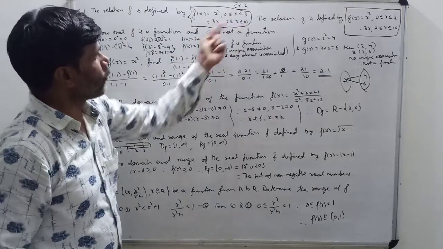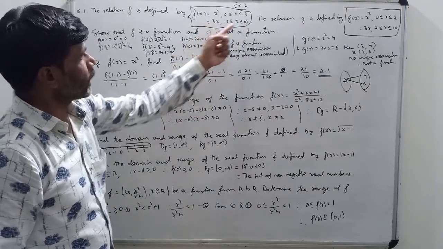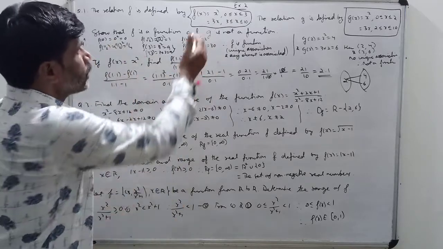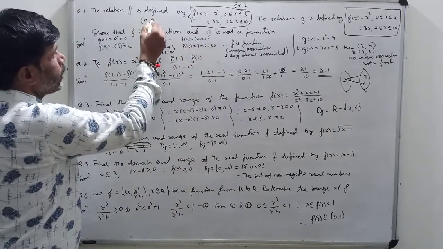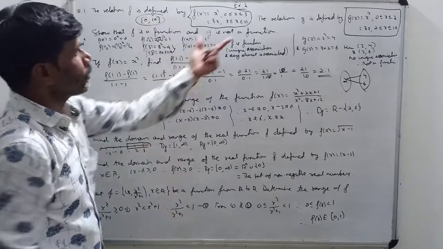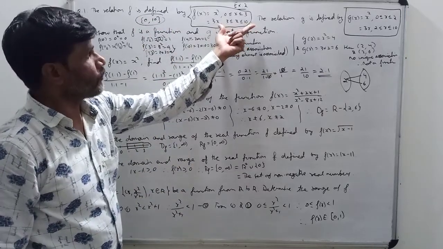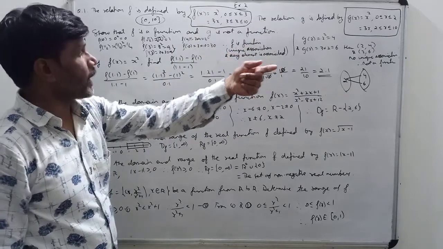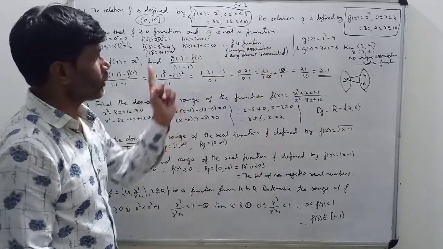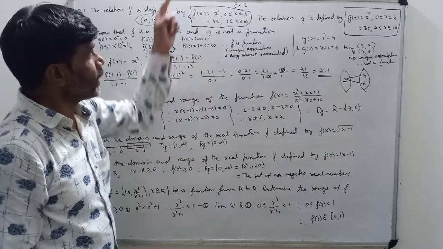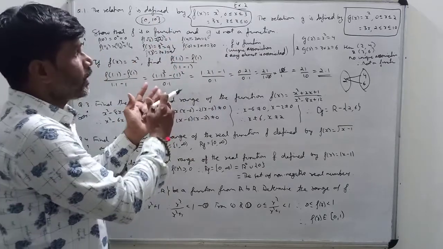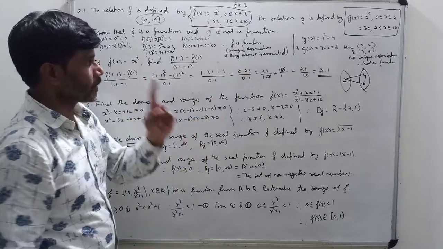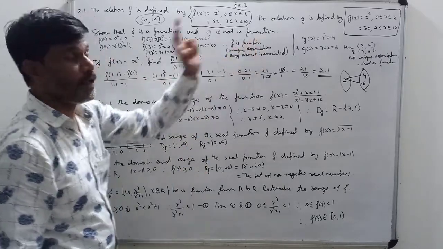Okay, then f of 4 you will get 3 into 4, 12; f of 10 you will get 3 into 10, 30. So for every value between 0 to 10, which is the domain of function f, you will get a unique value in the codomain and hence it is a function. There will be a unique association, and for every real number between 0 to 10 you will get a unique real number, and hence it is a function.